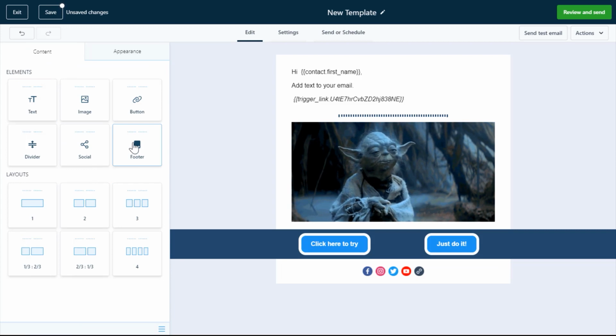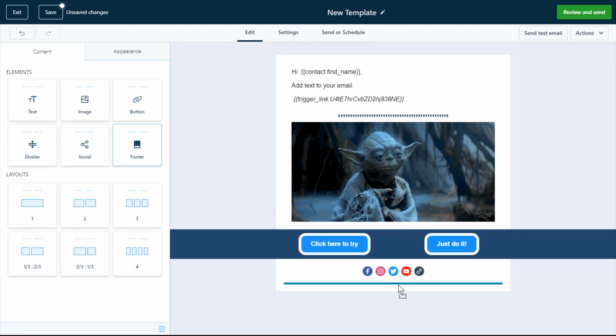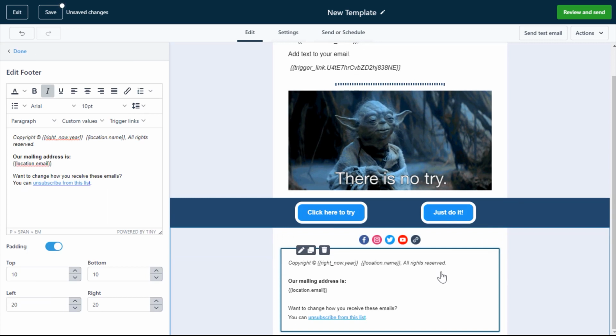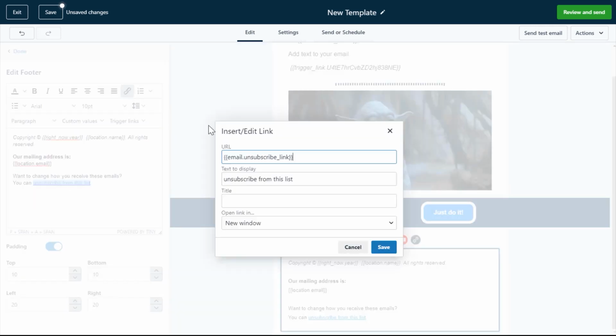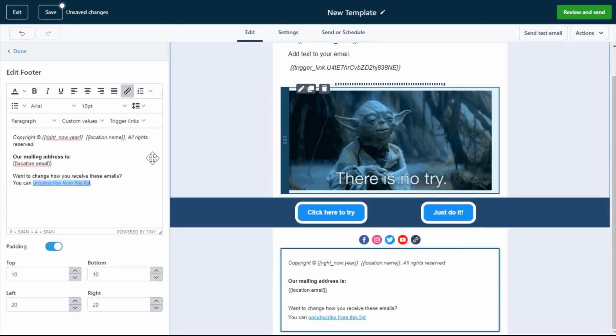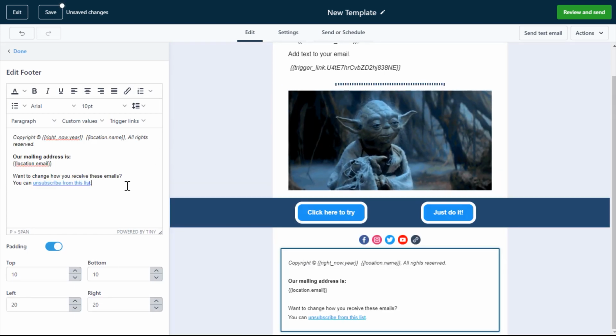And then finally, the last element we have is the footer. So if you drag the footer into a layout area, it will basically give you a template on a footer that's mostly ready to go. It's going to insert copyright, the year of whatever it is. Your location name is going to be your company name that you've set in your account settings. The mailing address will be your email as set in your account company settings. And this unsubscribe link just here, if we go over to the text editor, what that's linked to is the email unsubscribe link. So if you're using Mailgun for what's sending your emails,